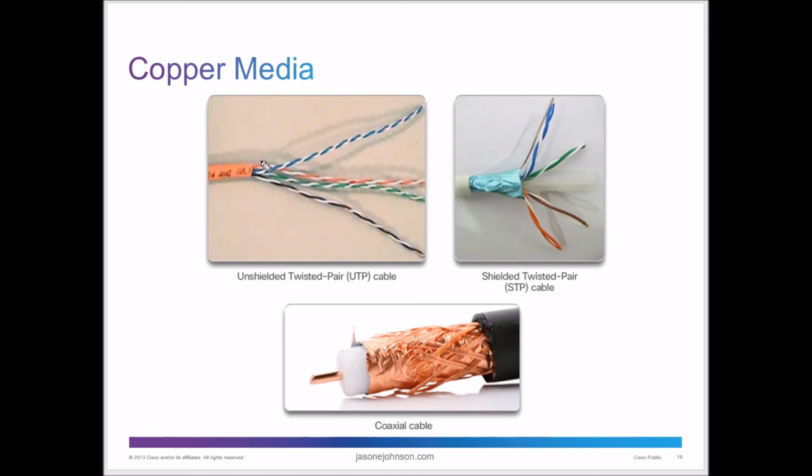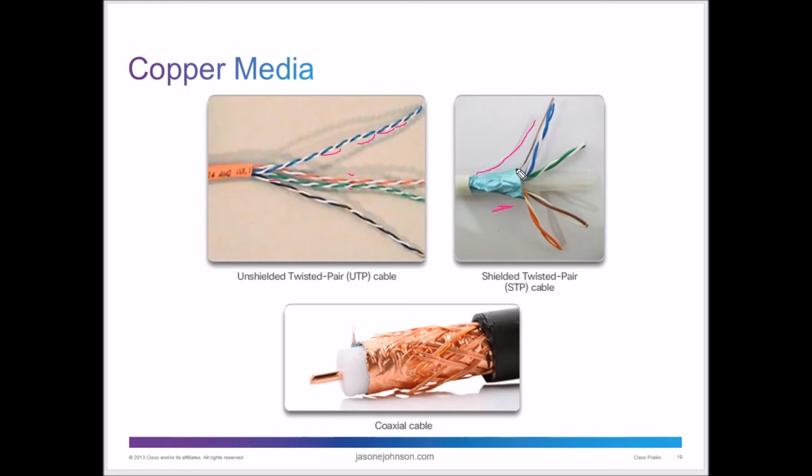Okay, so back to our PowerPoint here, and we're looking at copper media unshielded twisted pair. That's where we have no shielding around it, but you do have the twist to each one of the wires. And then you have shielded twisted pair where you have some type of shielding, usually some type of metallic material. You're also going to see in all of these, and this one has probably already been cut off, some type of string, some type of something that runs alongside the wires here.